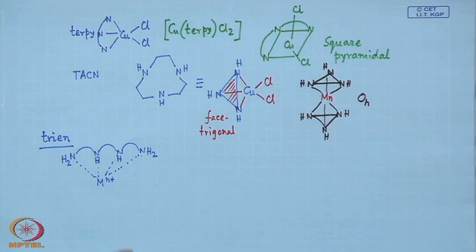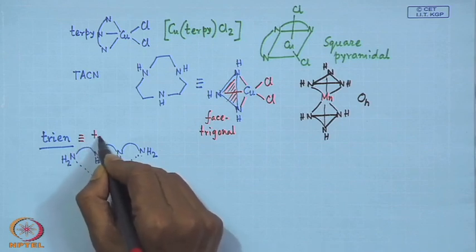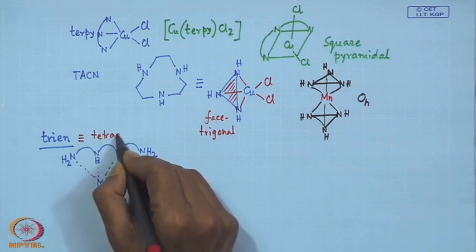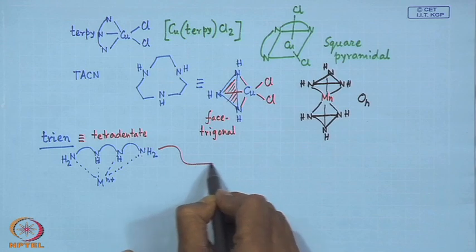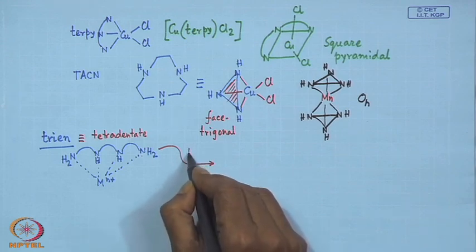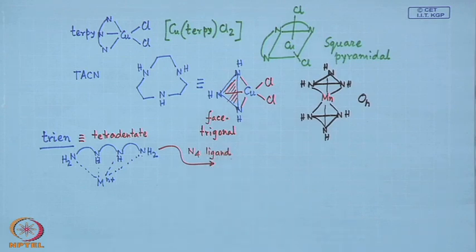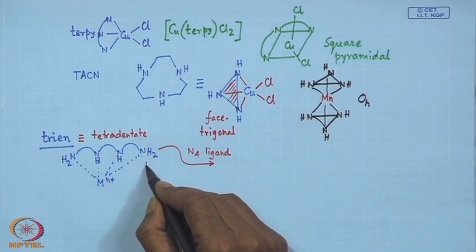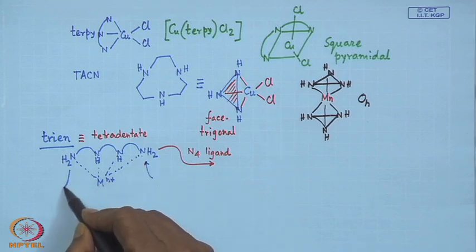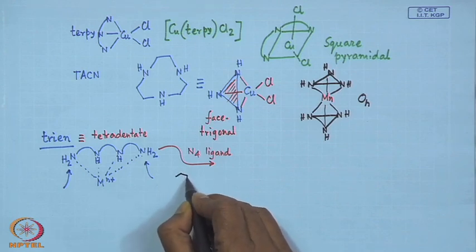So, in a very simple way we get the corresponding Trien, which is tetradentate, and this one is the N4 ligand, and this N4 ligand can be further derivatized because we have the NH2 at the two ends of the backbone,